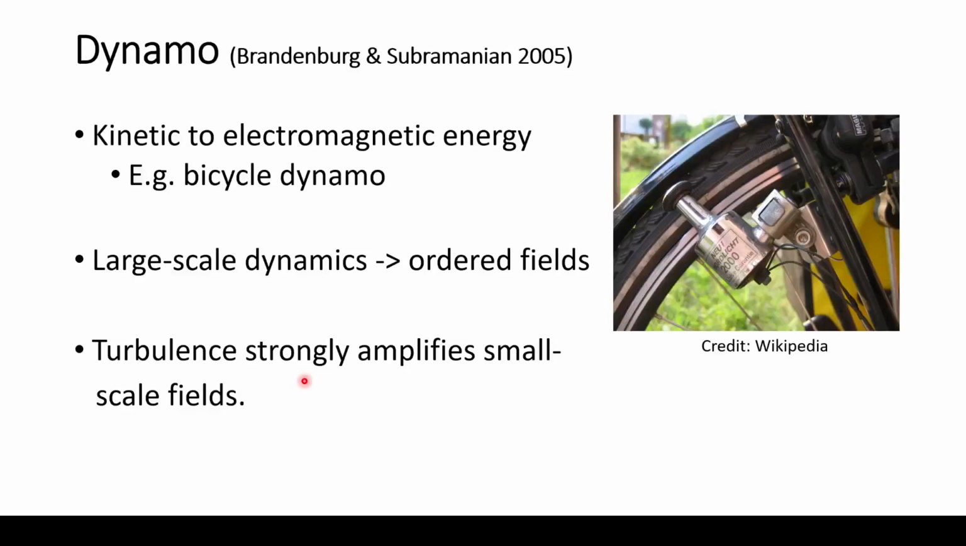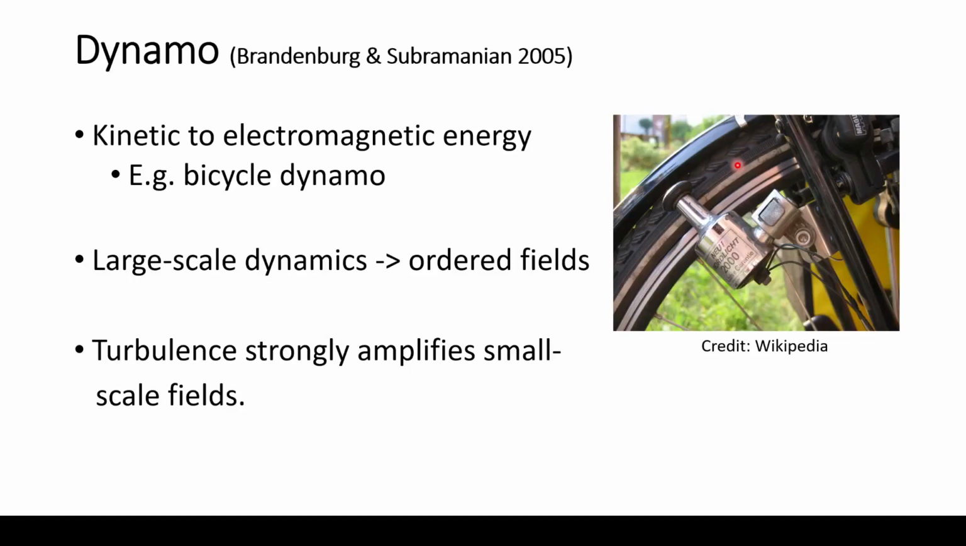The magnetic field generation mechanisms are largely explained by the dynamo theory. In this image, I show a bicycle dynamo where the spinning wheel generates the kinetic energy that is converted into electromagnetic energy by virtue of this device. Similar processes are at work in galaxies where moving fluid particles generate sufficient kinetic energy that is converted into magnetic